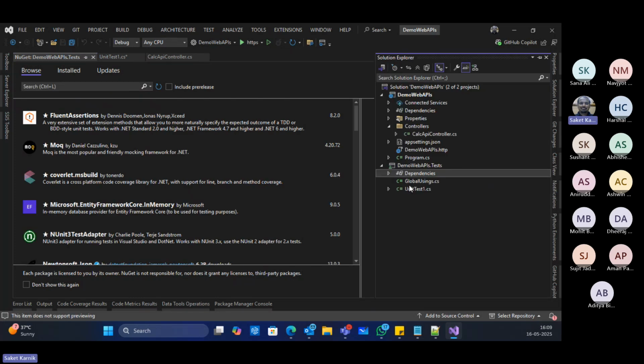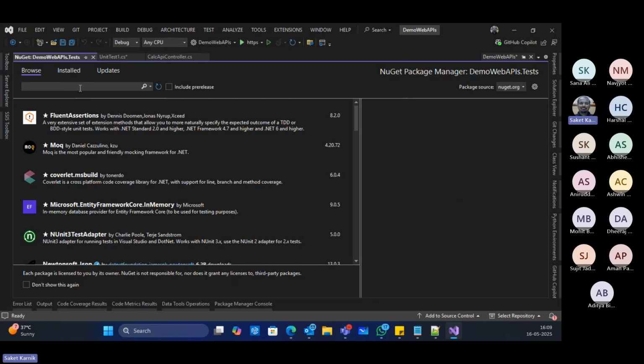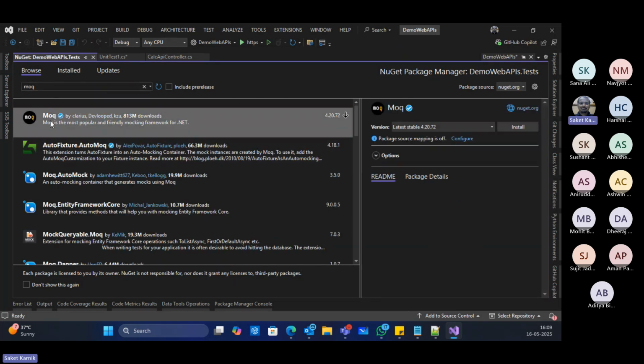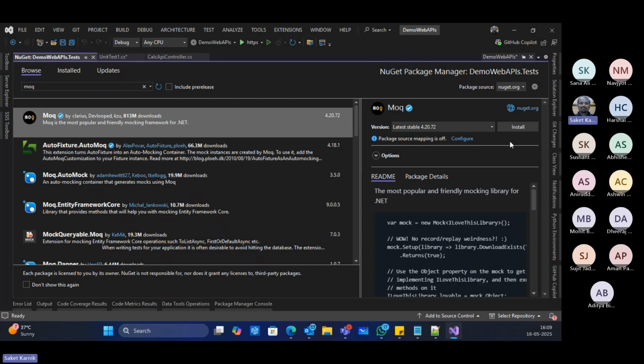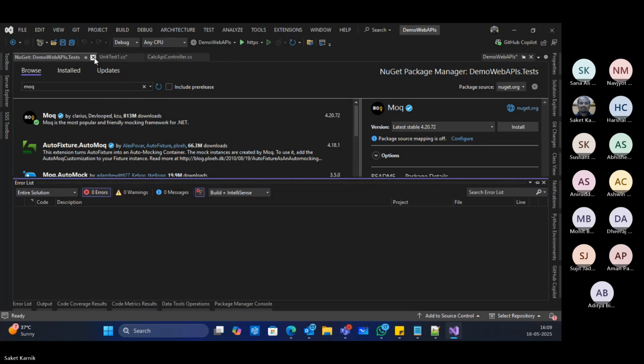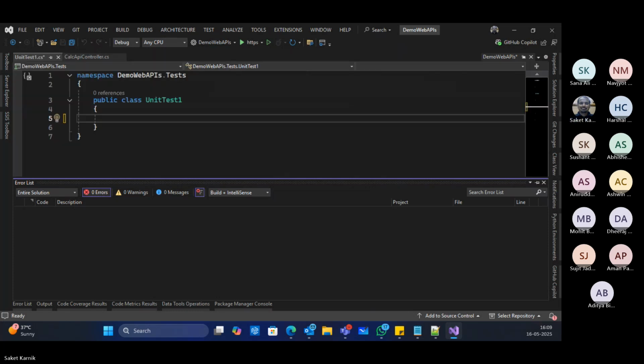If you see here, in packages, xUnit is already added, right? Here I go for Moq, the mocking framework, the most popular mocking framework for .NET, right? I install this package as well. Apply, close. Okay.